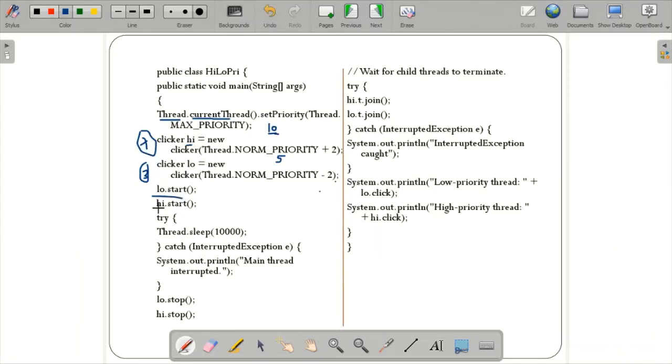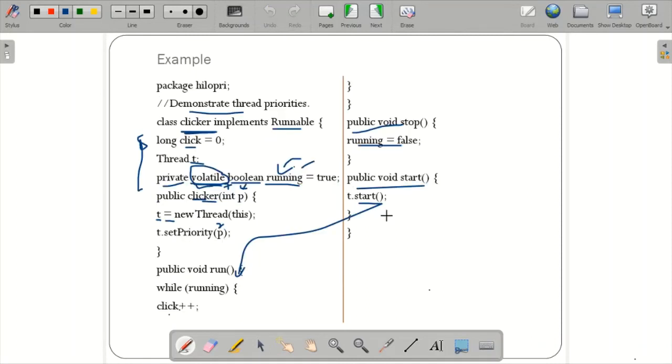You know what is the job of low.start and high.start. It will start these threads for the execution, and they will be in the runnable states. Both the threads will be in the runnable states. So what will happen? In case it gets the processor, it will directly enter the run method while running. That means while true, it will increment, one for the lower thread, one for the higher priority thread. Both threads will be executing simultaneously.